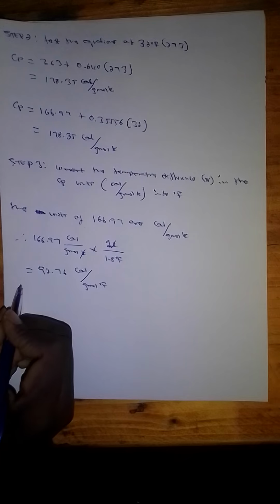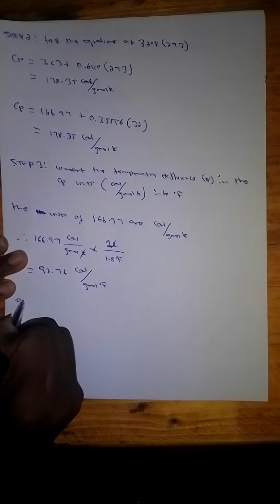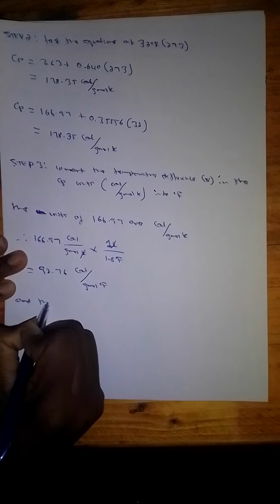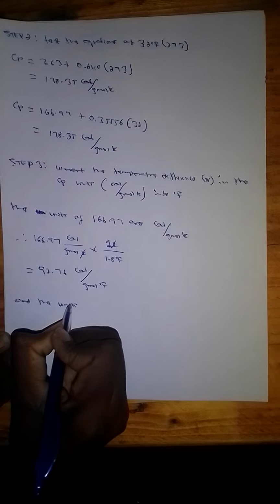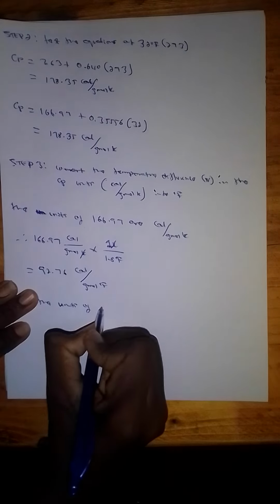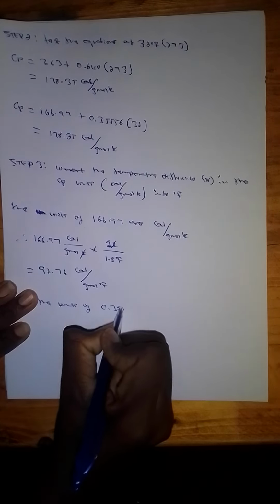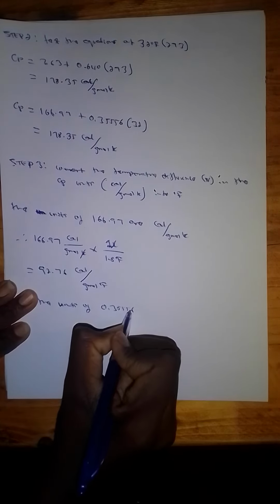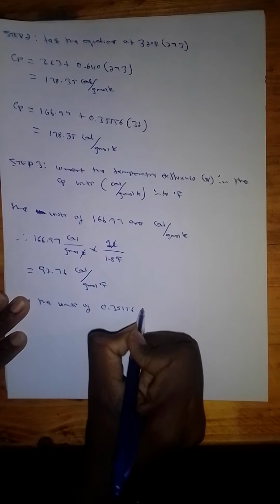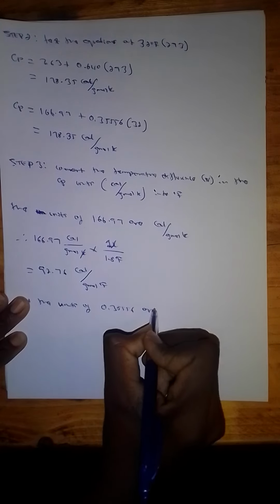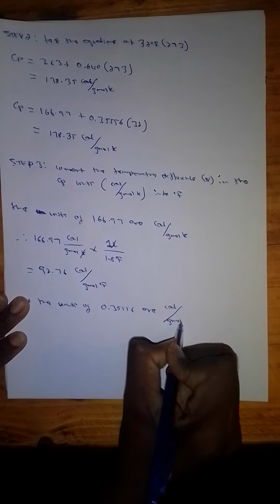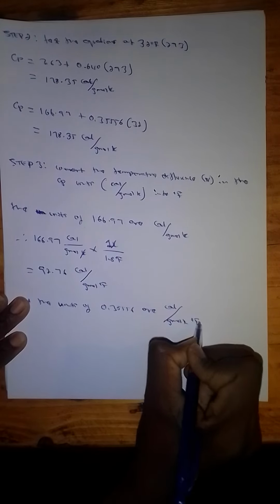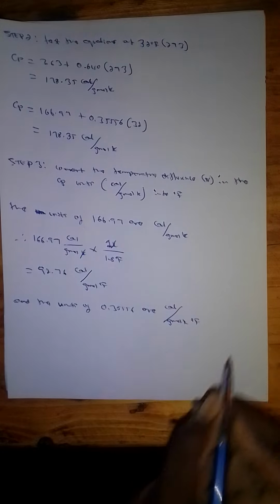And the units of 0.355556 are calorie per gram mole Kelvin degrees Fahrenheit. Why do they have